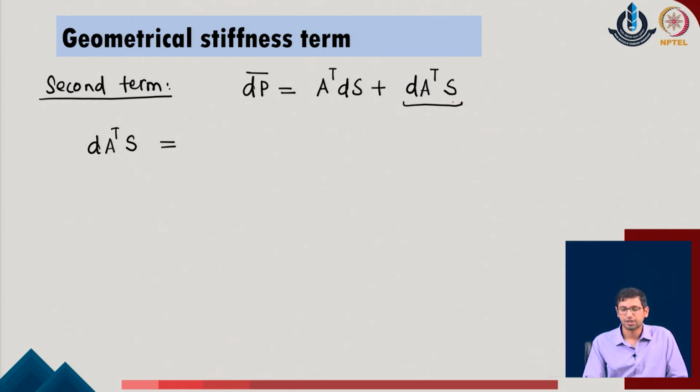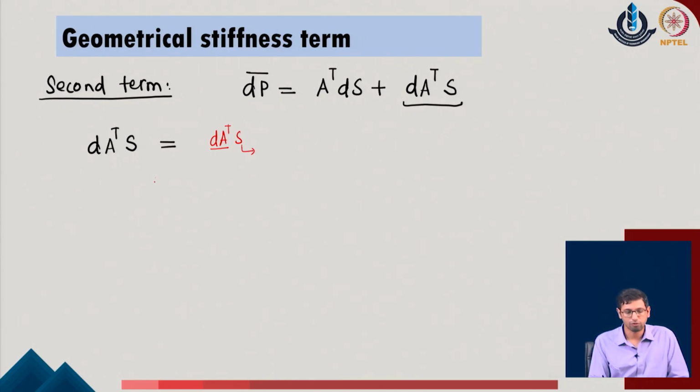So the second term is dA transpose into S. As I adopt this parameter, I write it as dA transpose into S, which is now contributed with respect to the given displacements in the expression we defined earlier. So it can be written as K naught, or rather d of A transpose into S. S can be written in the same manner as we defined earlier. So I will try to express what dA transpose is in the given problem.